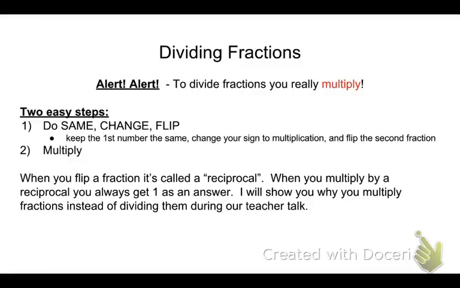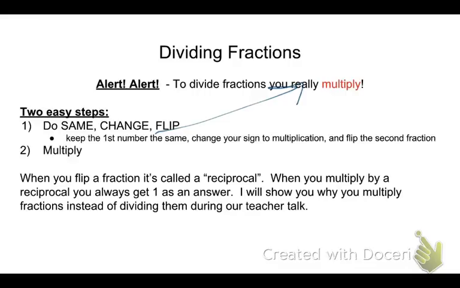Again, that's how we say you really just multiply the fractions. When we say same, change, flip, that means you keep the first number the same, you change your sign from division to multiplication, and you flip the second fraction. The second step is to multiply across and follow the same steps for multiplying that you did in the previous